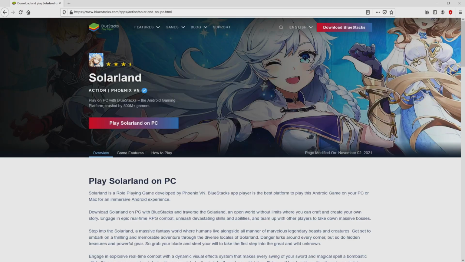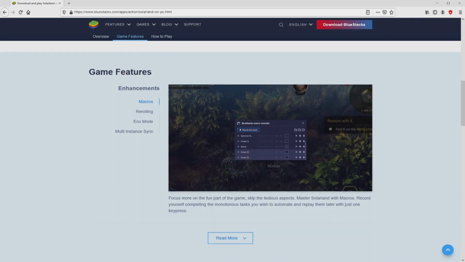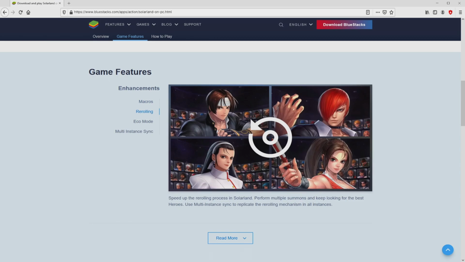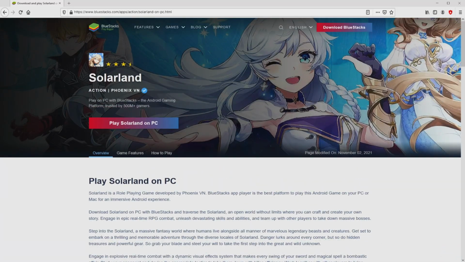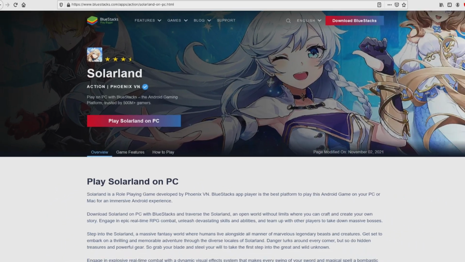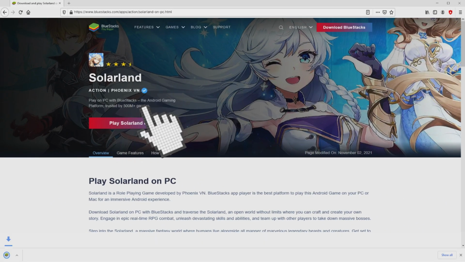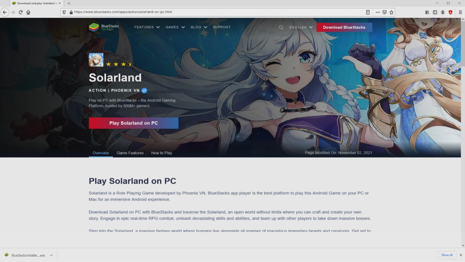Once clicking on that link, we land here on the website of BlueStacks, the Android emulator that we will launch to play Solarland on PC. It is now obvious that we have a number of advantages of preferring the emulator. So we are on the way to download Solarland by clicking on this button Play on BlueStacks that you can see here in green color. We then click on it. Of course, the download starts and ends immediately. Here is located the download. It is an executable file. The following step is to launch the installer, so we have to click on this file.